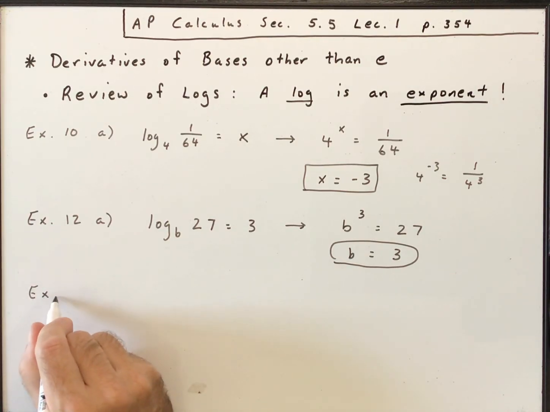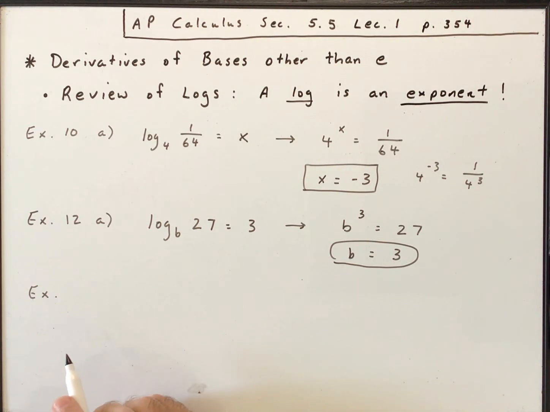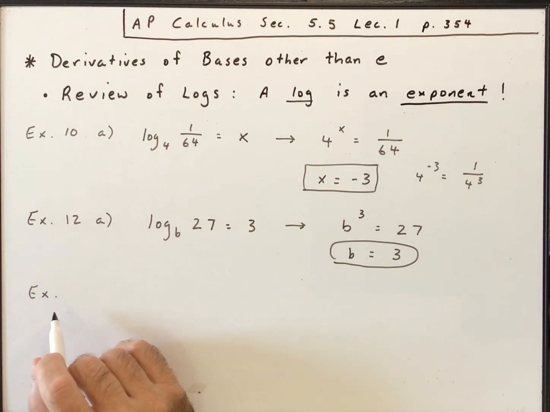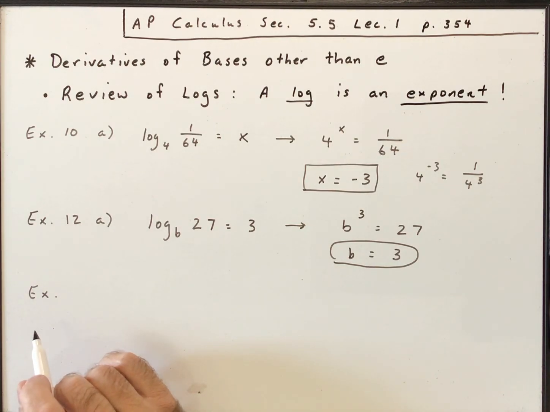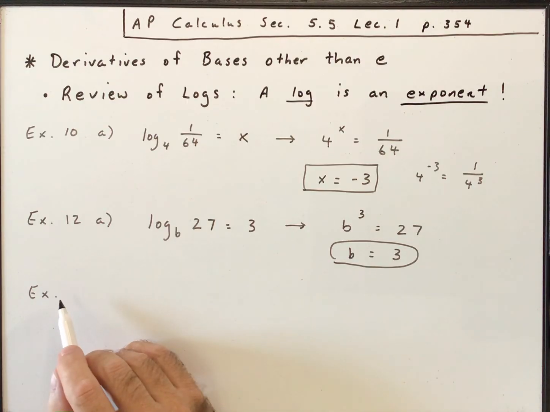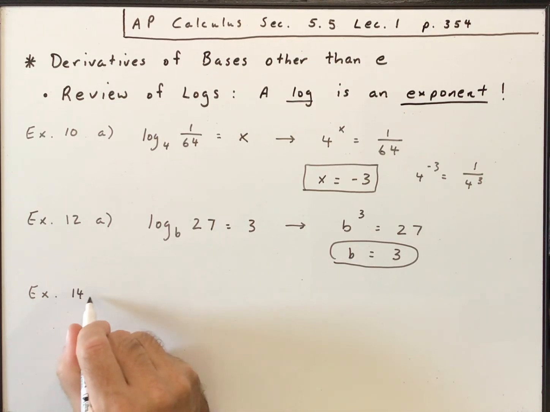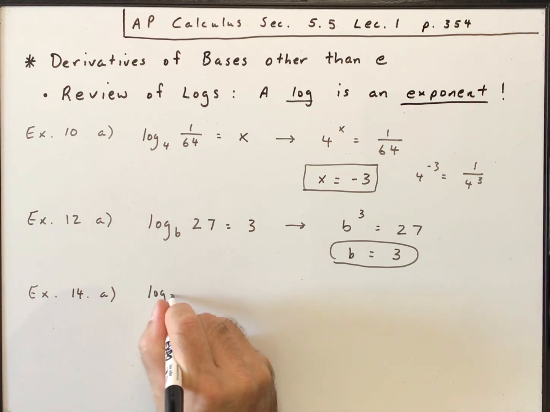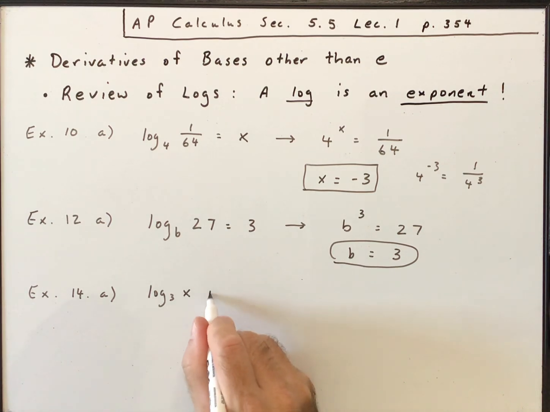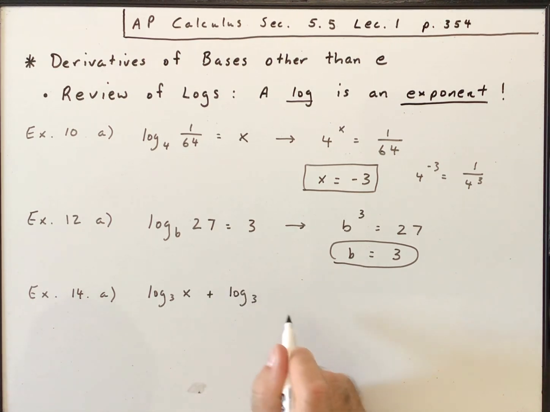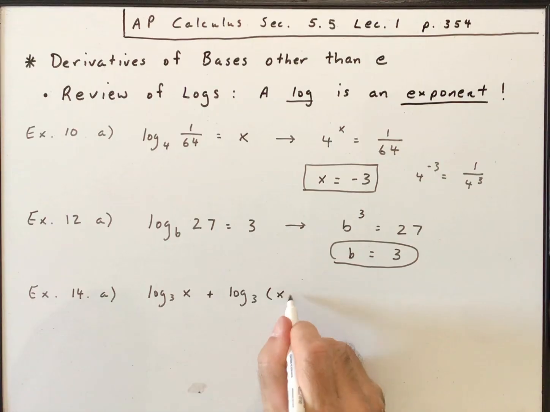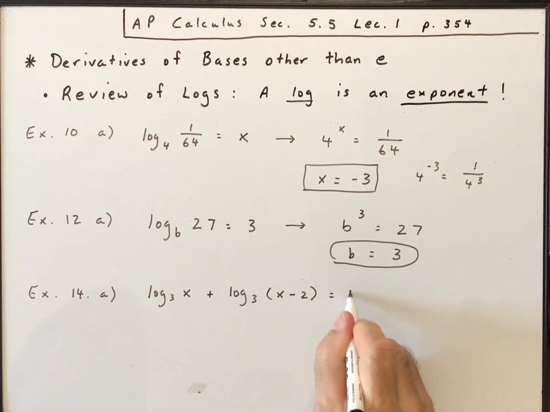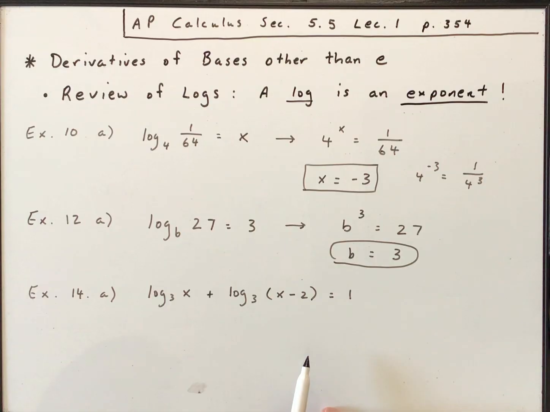And then our last of the logarithmic review, because when we do derivatives we're going to have to rewrite these, but the last logarithmic review we'll do, 14a. And in this one, we have log base 3 of x plus log base 3 of x minus 2 is equal to 1. So what you want to do is use the properties of logs to rewrite this expression